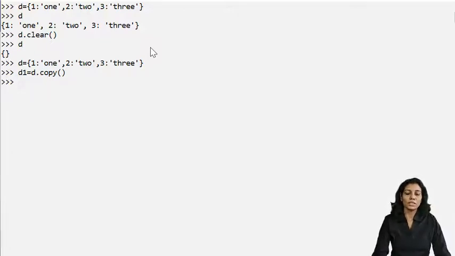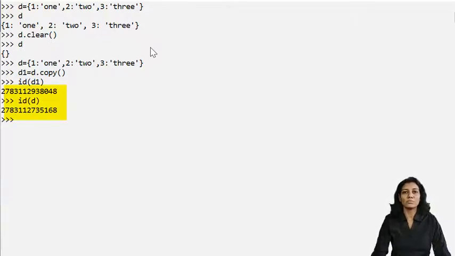Now we will check the memory reference of both the dictionaries. D1 has this memory reference, and if I check the ID of D, it will return a different one. That means both are referring to different memory locations. If I update any value in either dictionary, it will not affect the other.